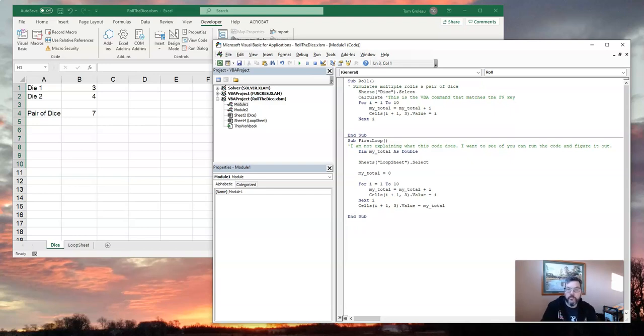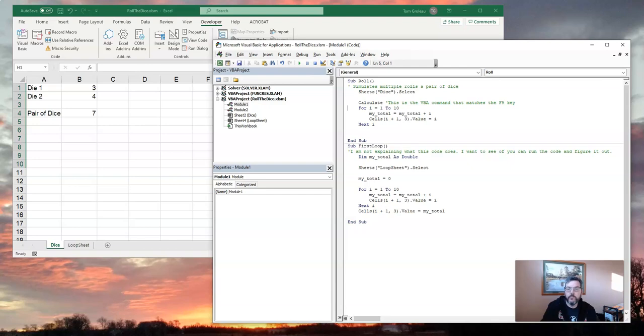So yes, we still select the correct sheet. I'm putting the calculate in here. For I equals 1 to 10, recalculate the sheet. Nothing in this code creates that single trial. The code assumes that trial's out there. So we calculate, and the challenge said we're going to roll it 10 times, display the results, and then compute and display the average. Well, I'm going to have